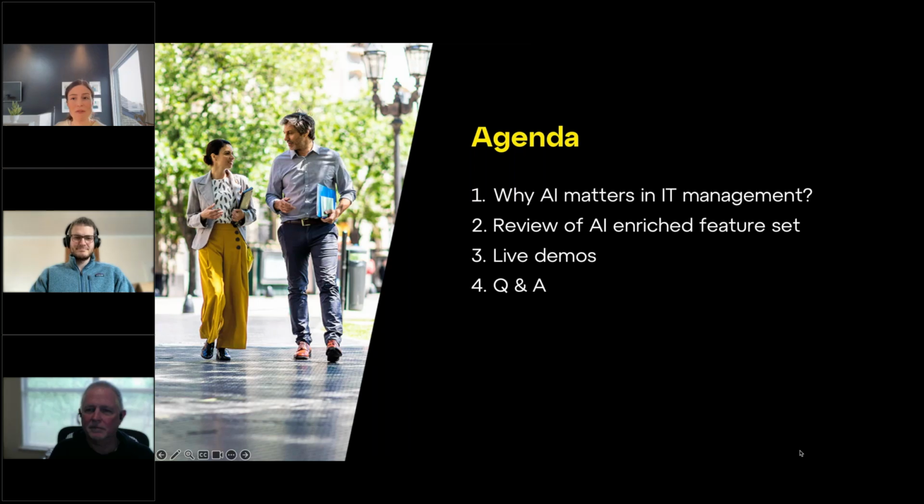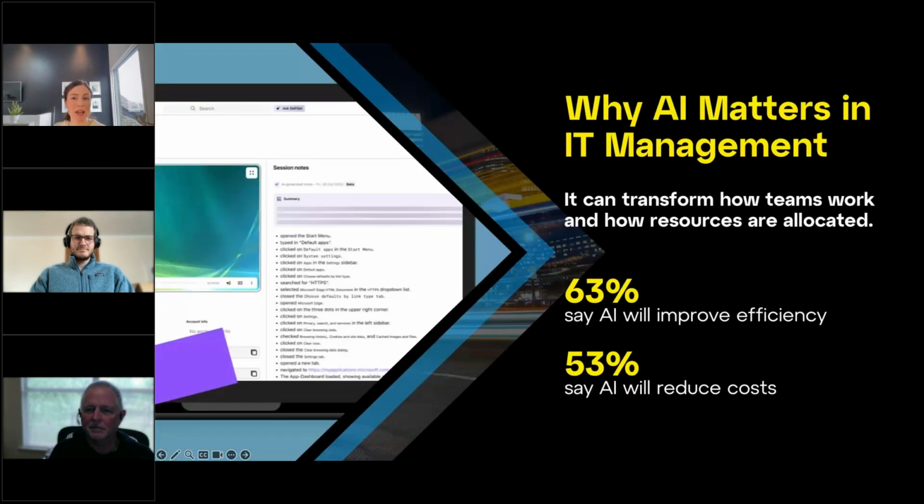So to kick us off, I want to start with some insights from a recent survey that we conducted with IT professionals to really understand how AI is shaping IT management and support. And I think the results were pretty clear. AI is definitely transforming how teams